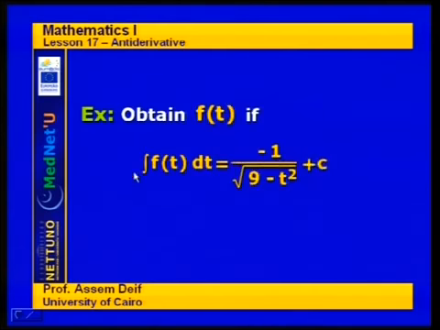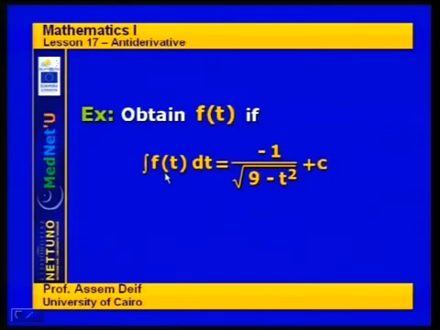Obtain f of t if the integral is equal to this, and we know it. What can we do here? You can use, once again, the property of the indefinite integral. The derivative of the integral is equal to the function. So directly when you differentiate this with respect to t, you get here f of t, and you get here the derivative of this,